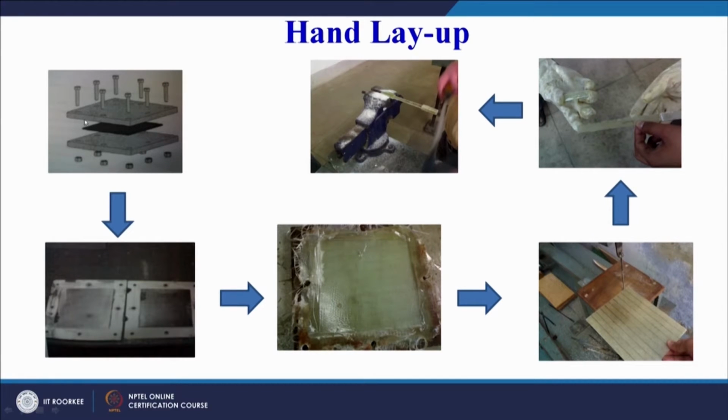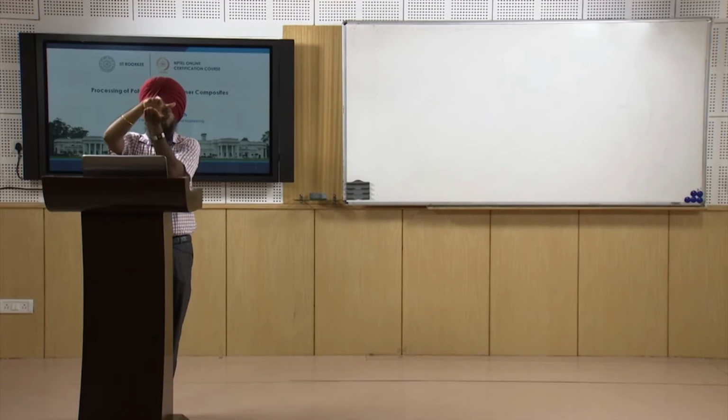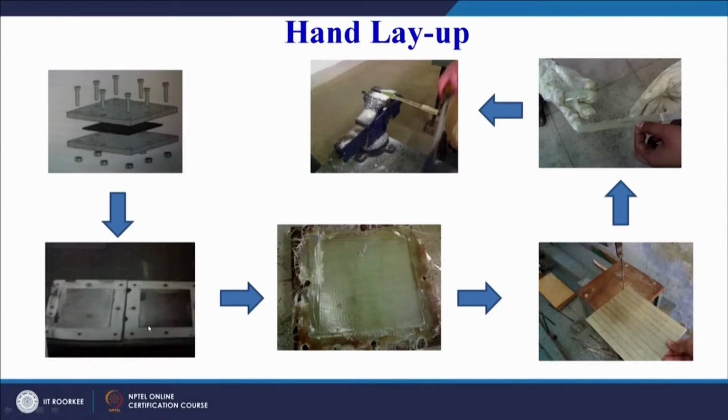In order to apply the pressure, we are not using the consolidating roller here, but the two mold halves, the top and the bottom half, are being fastened with the help of a nut and bolt type of assembly. So here we can see in the second slide two halves of the mold are shown. Now some of you may be wondering what is this central raised portion.